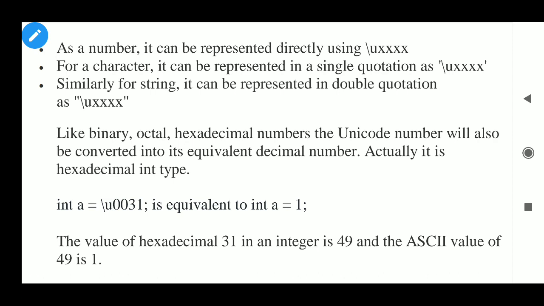So the ASCII code of 1 is 49. Now 49, if you convert into hexadecimal, you get 31. So you write here int a is equal to backslash u0031. So the value of a will be 1.